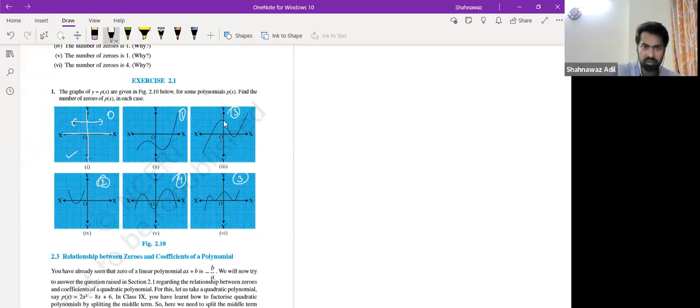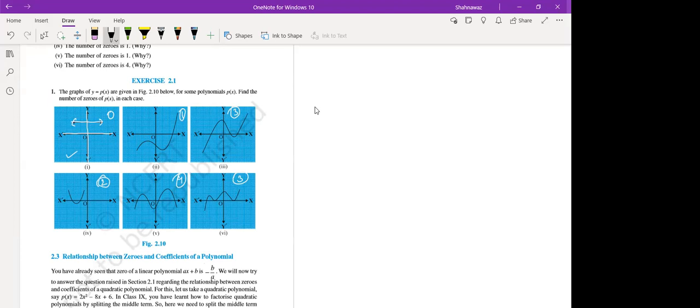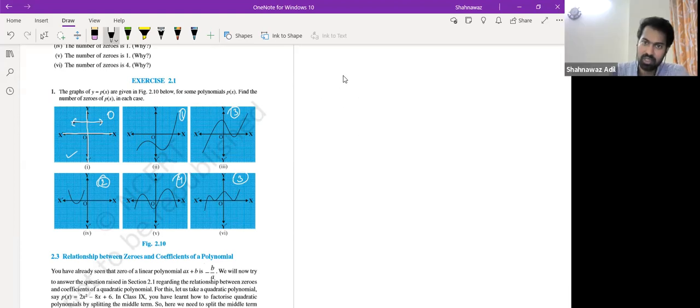So I am asking, here they are telling to find the number of zeros in P of x. So they could tell to find the number of zeros in P of y. Okay, if you have the variable, so if you write,